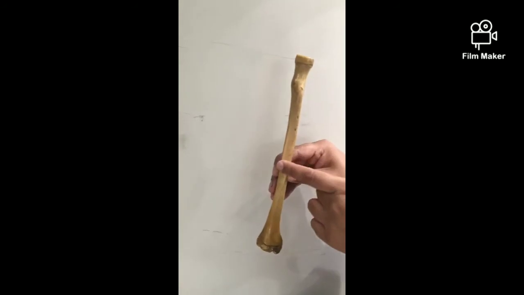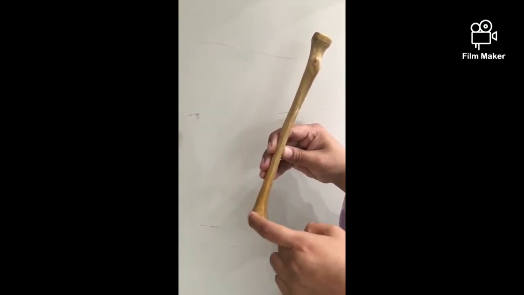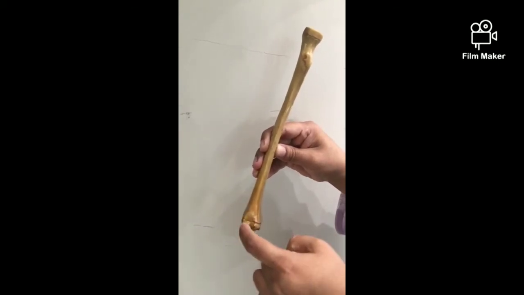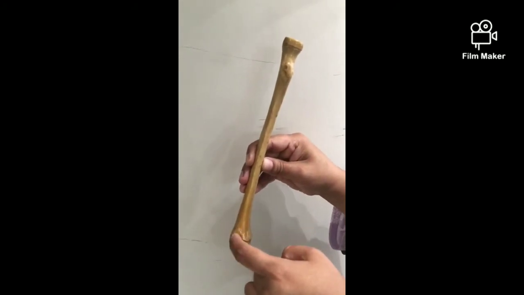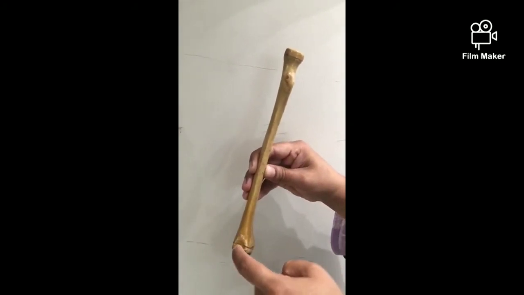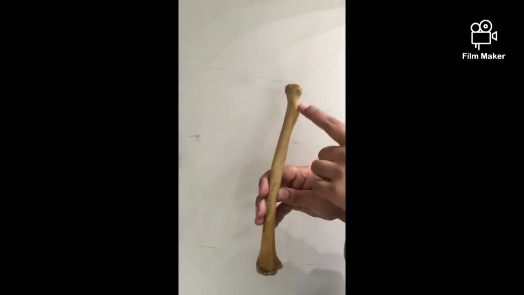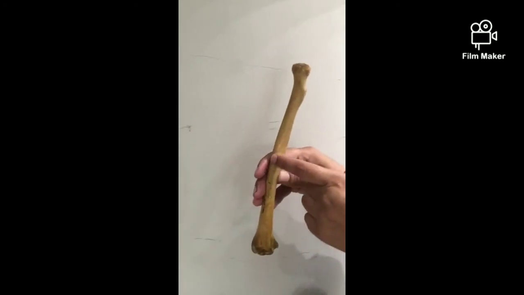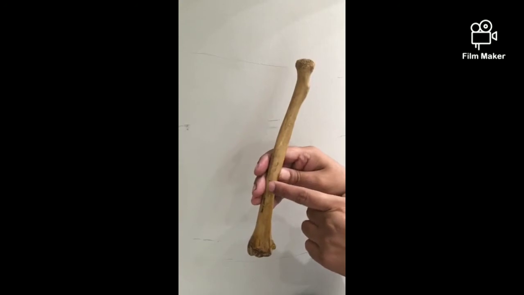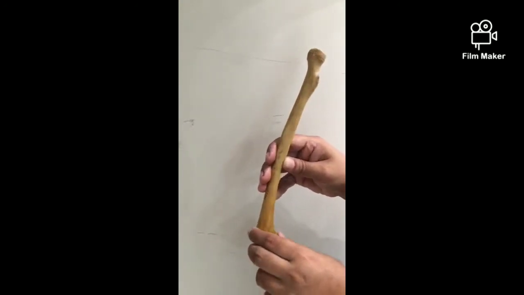The interosseous border extends from the radial tuberosity again, and as it descends inferiorly, it forms the posterior margin of the ulnar notch. Or you can say it forms the posterior margin of a triangular area present above the ulnar notch. The posterior border again extends from the radial tuberosity and lower down. In the middle, it is clear, but inferiorly it is just a ridge of bone present on the posterior aspect.